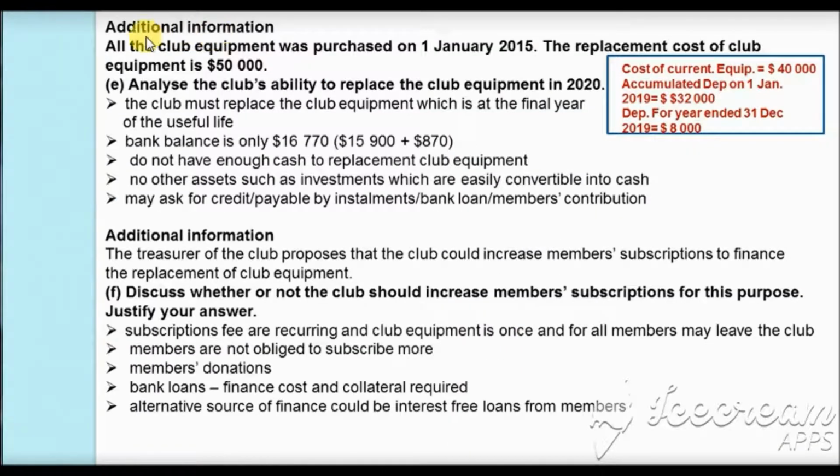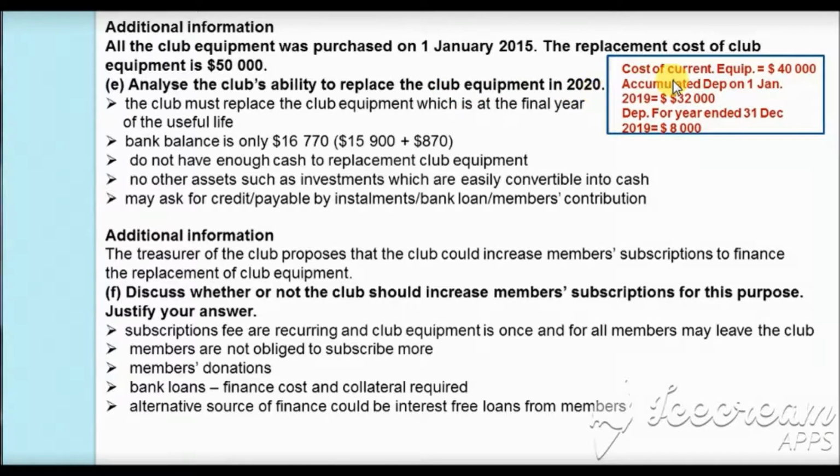Furthermore, additional information is provided which states that all the club's equipment was purchased on 1st January 2015 and the replacement cost of the club's equipment is $50,000. In part E of the question, we are asked to analyze the club's ability to replace the club's equipment in